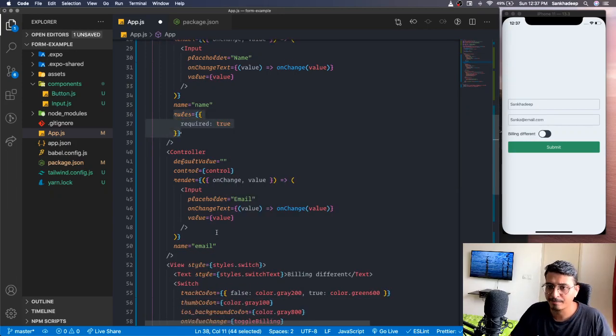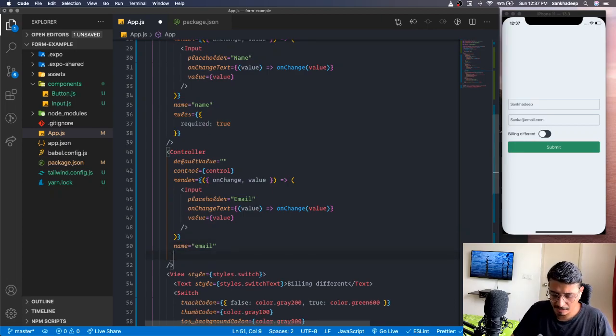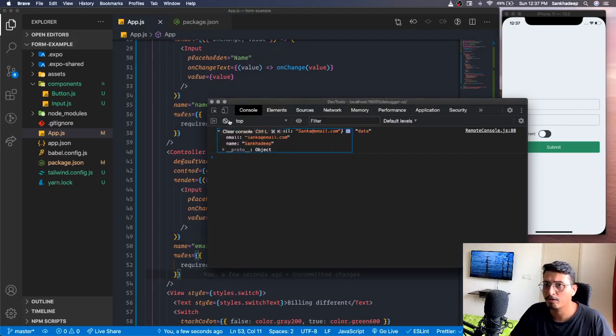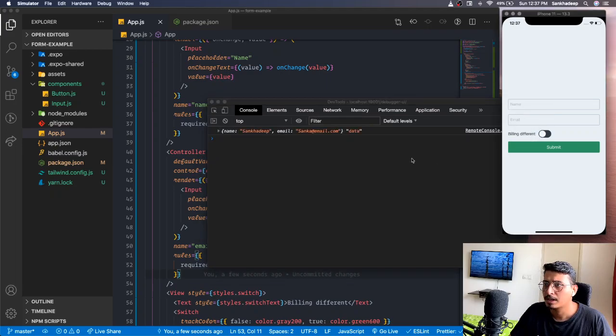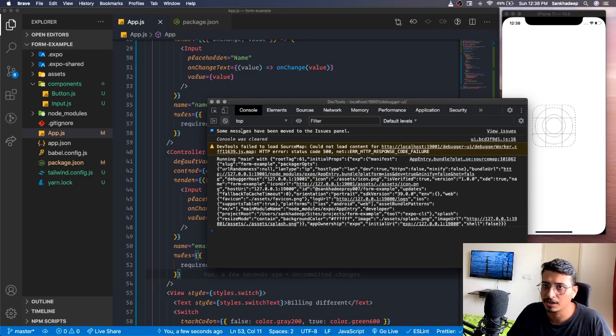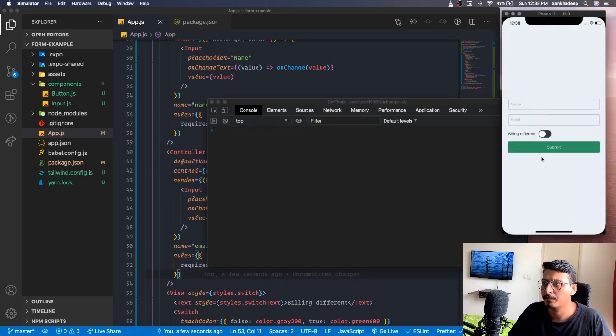The same would be for email as well. So when I say required is true, and now when I try to click on it, it still gives me the same data. Is it because I did not refresh it? Yes, might be. Okay, so now the button click is not working,